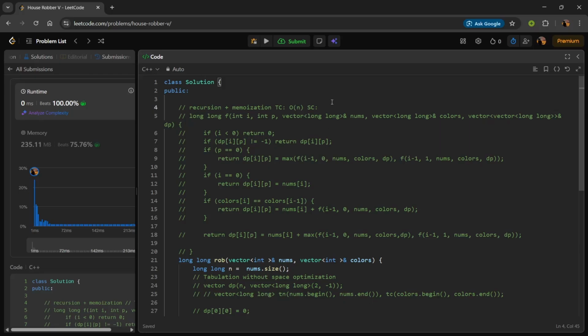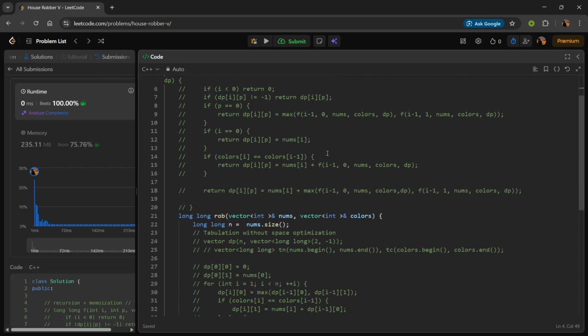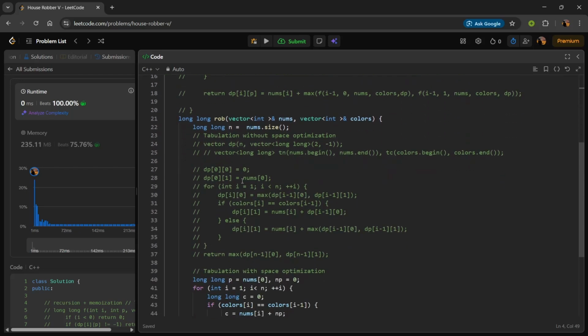So overall it will be linear as well. So both are linear. And for this one, without space optimization, TC will remain the same, that is linear, and the space complexity will still remain the same